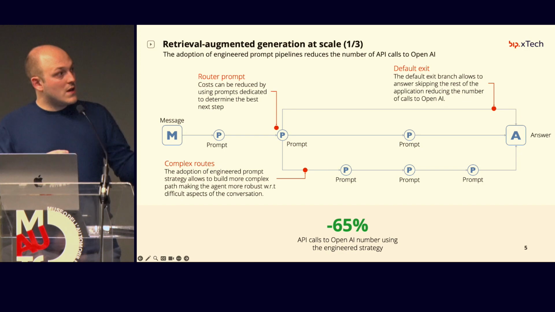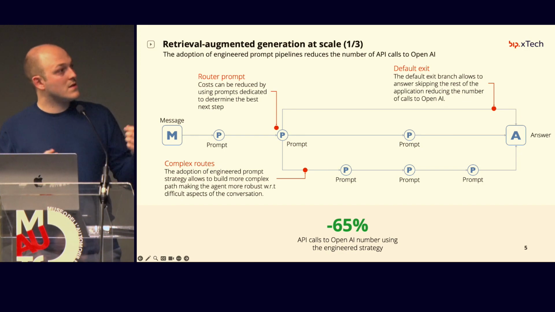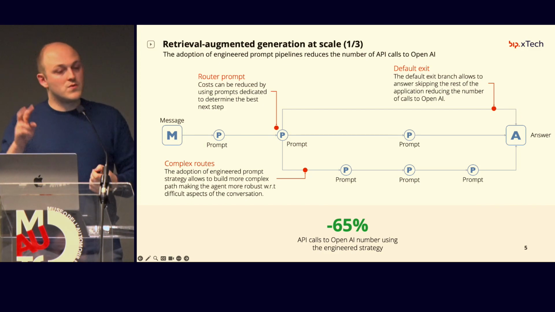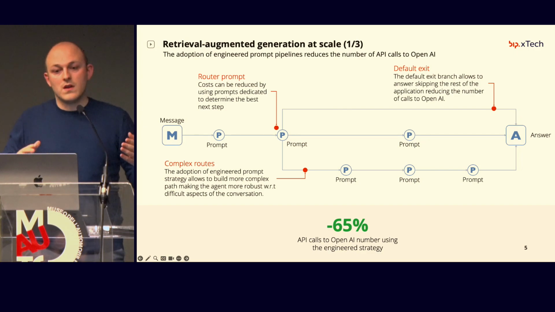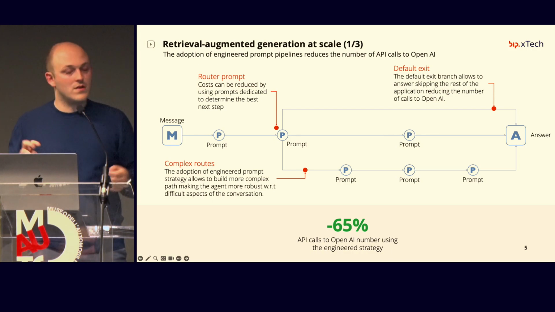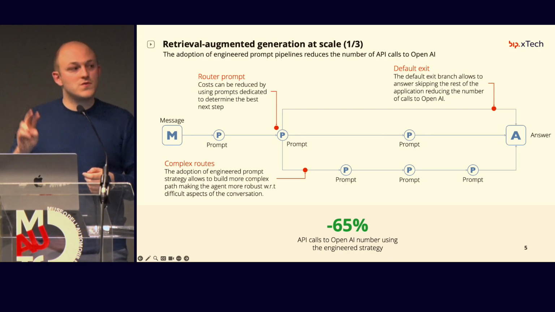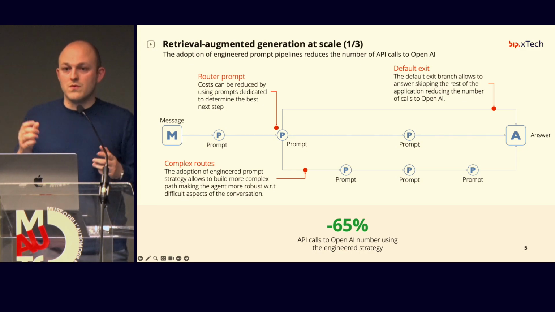In this way, you can also define some more complex routes, because probably the line in the middle is the route that is used most of the time, and the 2% of the time that you go through the complex case, you can put 1, 2, 3, 4, also 5 prompts, because you know that you go there only 2% of the times, but you want to be sure that when you go in the complex case, you are doing well,